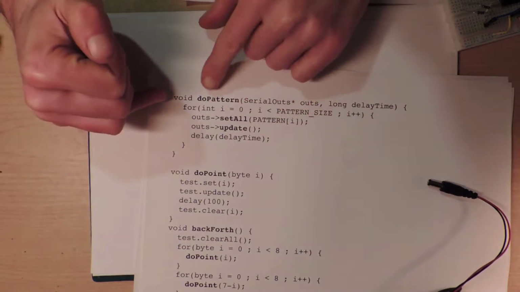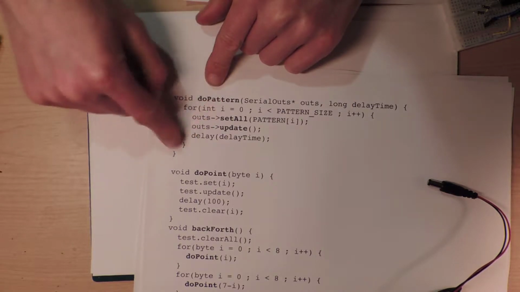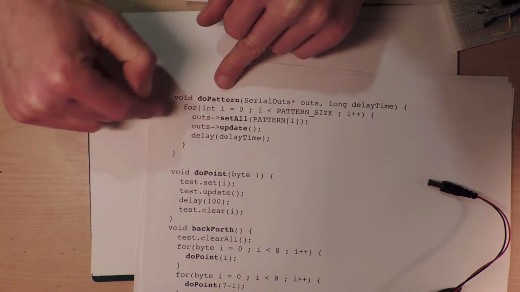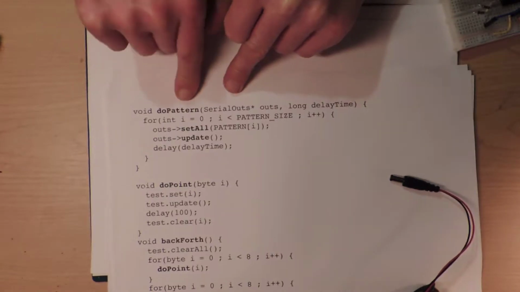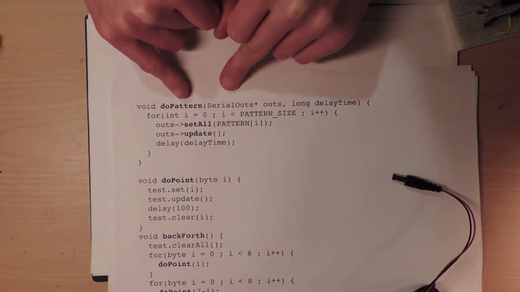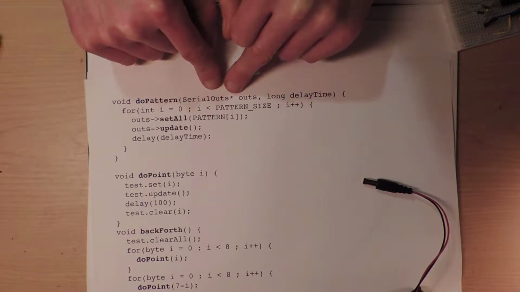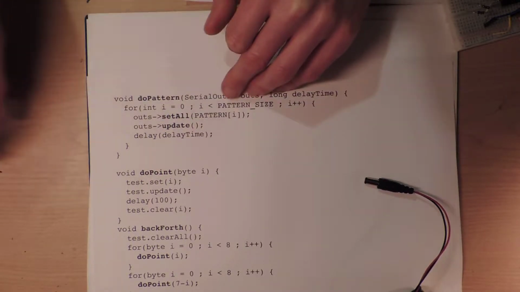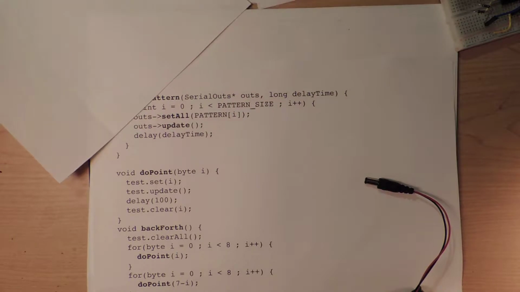Before we get to that though, we're just going to go through some functions, subroutines, that we've got within our code to do all the pretty pattern stuff. So the first one, and this is where it gets a little bit strange, is do pattern. And this thing takes a serial out object, but it has this little star after it. And that just means I want a pointer to a, and I do feel like I'm going to have to, in order to explain this, it's definitely going to need